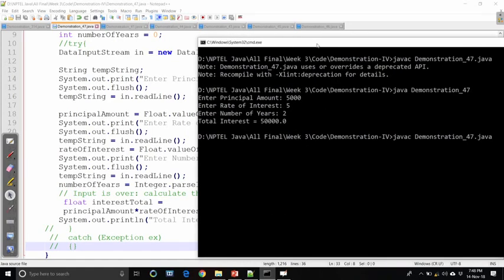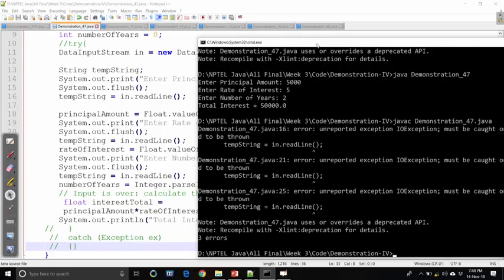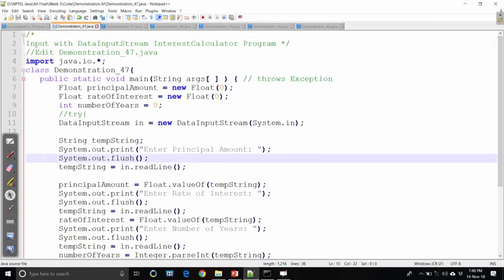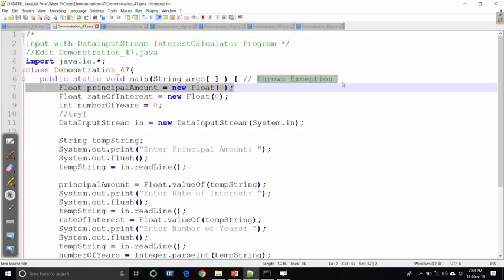Now, let us see whether we can compile this program or not. Here the compilation is not successful. That means it requires the try catch. Try catch is required for dealing with errors in input, such as with readLine, since sometimes the program can cause an error. Now, there is an alternative way to deal with it. We can do it in the main function by writing throws Exception. There is one way, instead of try catch, we can do that.